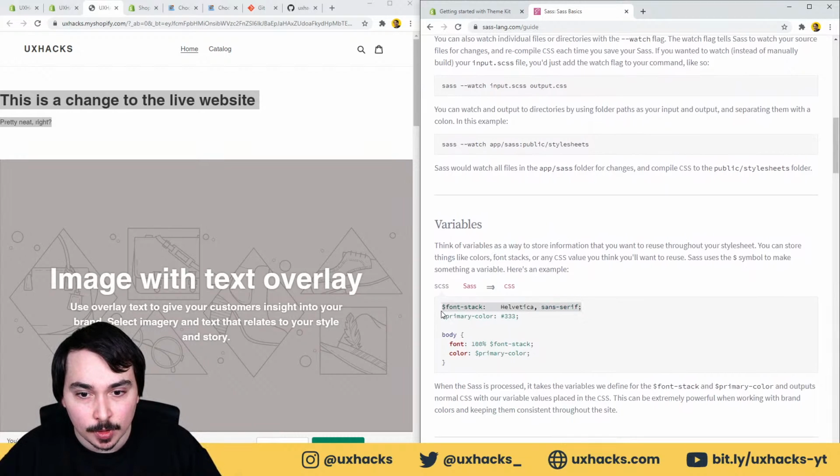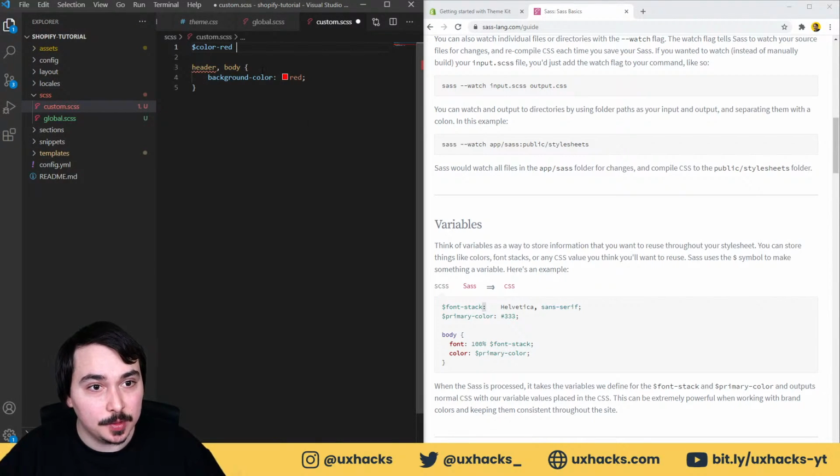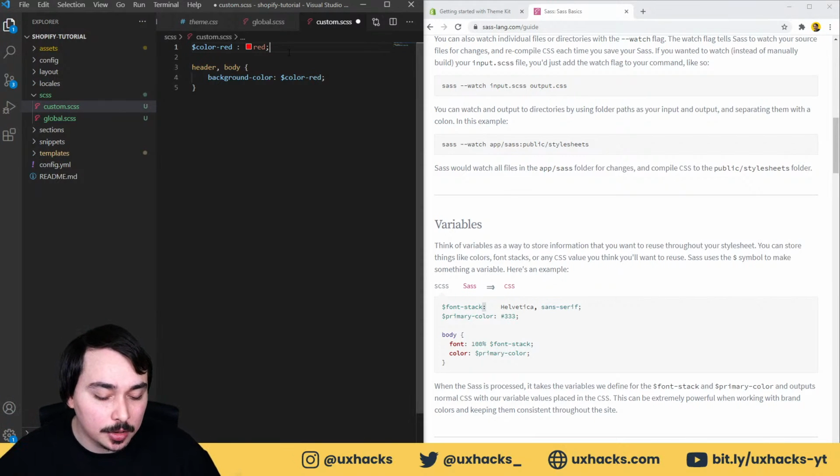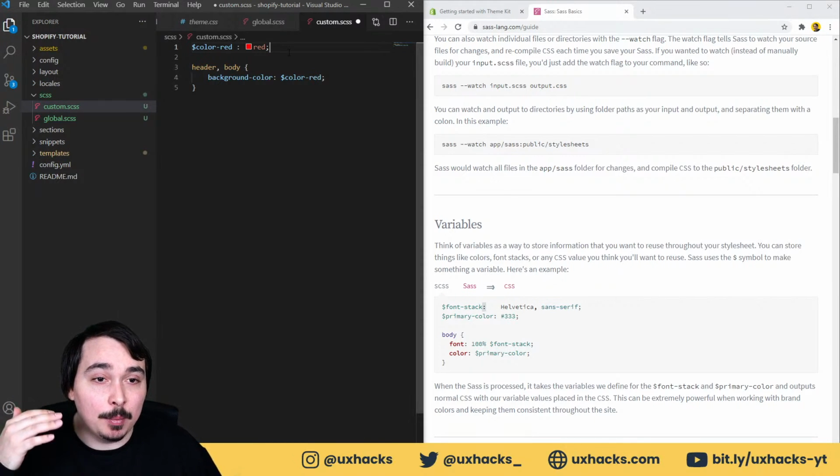There we go. So, colon. Very cool. Go back in here, and we're just going to set this color red to the color red. And now instead of actually using this color red, we can go ahead and just use the variable. The reason why this is awesome is because if you've got a theme and you've got a client, they've got brand guidelines, they've got a bunch of different colors, instead of coming in here and remembering the colors every